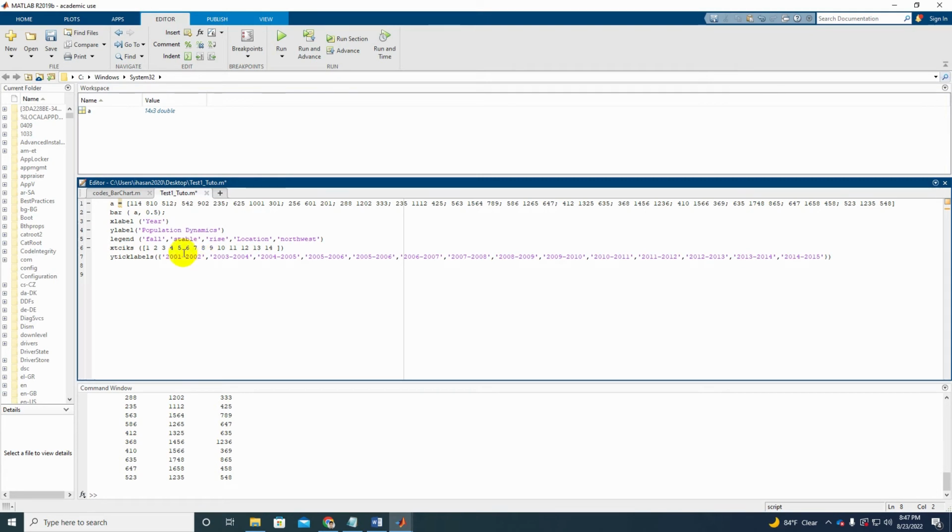And tick number 2 should be placed alongside 2003 to 2004, and the same goes until 2014 to 2015, that should be placed alongside tick number 14. So if it looks like this, with that, if we run the code,